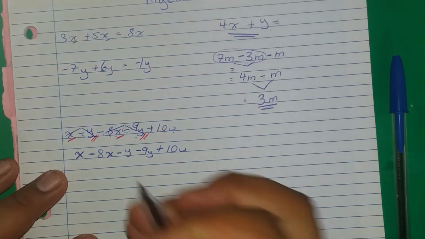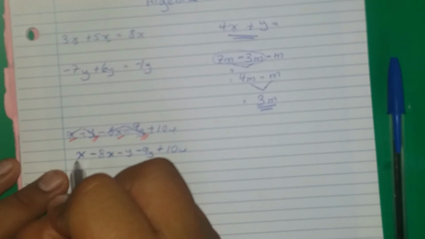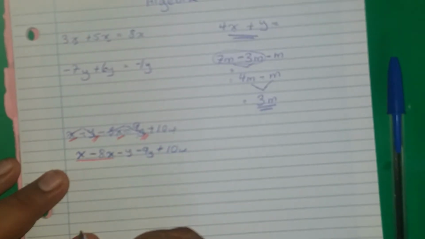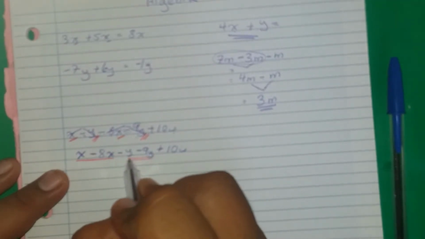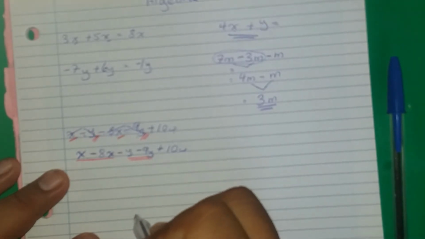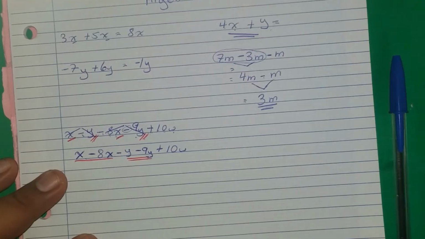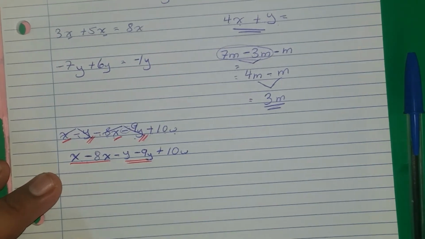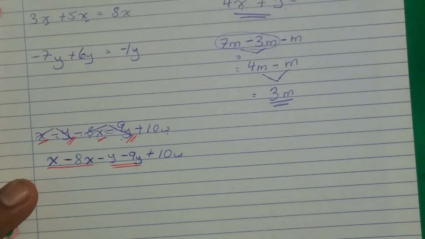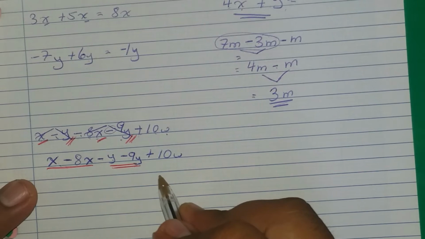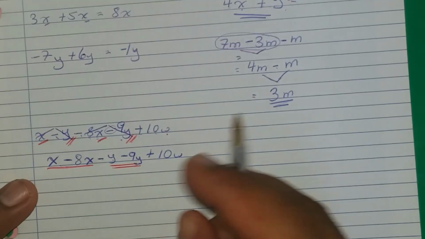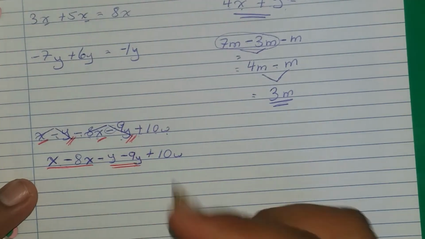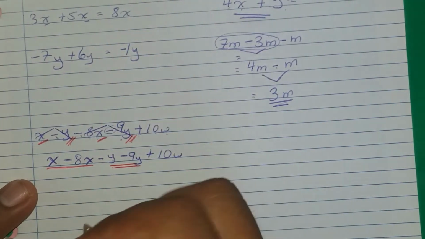When we reorganize this, we can see that we can solve this one, x with x. I can see that we can organize this one, which is y and y. And then you can also notice that the w will be by itself and it cannot organize itself, or we cannot solve it out, so we just need to bring it down. So let's write that down. That is going to be,